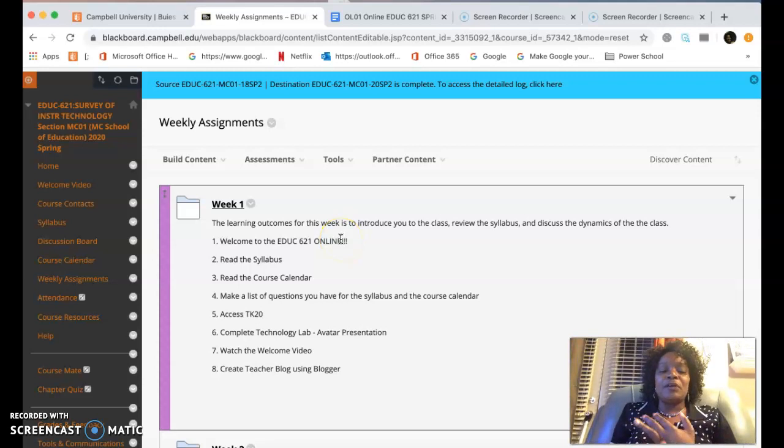We're just going to be going over the syllabus, over your assignments, and if you do not have access to TK20, which is where we house some of your projects, you need to make sure that you get an account for that. And I have information inside of week 1 for you to Miss Kelly Ashworth if you don't have an account.